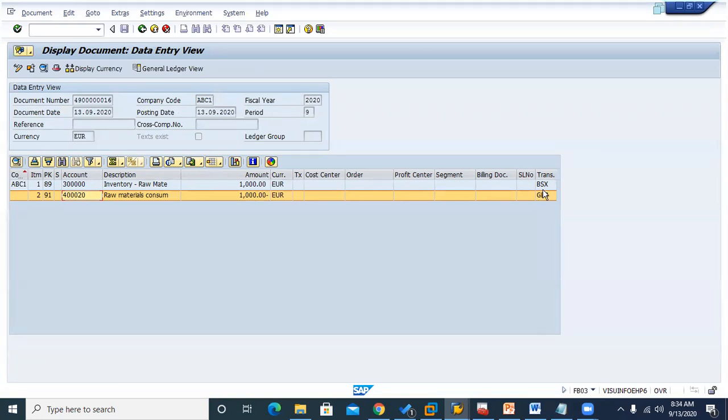In that one, if you have given the BSX, INT, all those values, then you are going to reach this one. This is the way the account modifier is going to reach the account, and without that one also, you can search in a similar case with the other ones for posting for the other stocks for the production. You can see for the subcontracting, these all have the account modifiers. So in a similar way you are able to find it in that one.